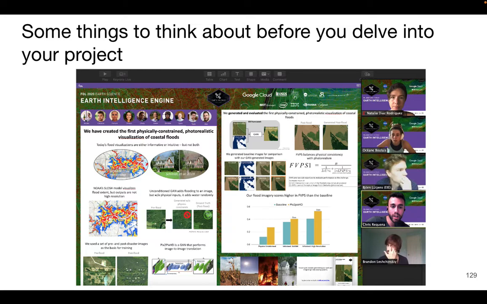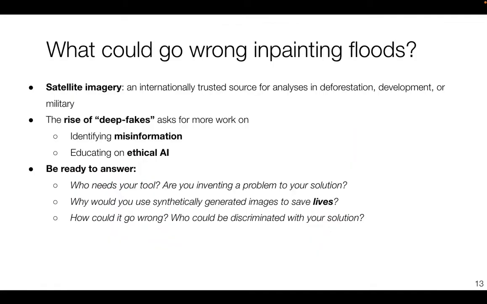We have a picture before flooding and after flooding from satellite images, because we know from many catastrophes that have happened how the satellite looks before and after. We can train a GAN, CycleGAN style, where given these two domains, it learns to generate how the area will look when flooded, right? So this seems to me very good to create awareness for, we said, how climate change can affect our actual house or actual backyard, city planners, right? And you can see that it is a very internationally trusted source, satellite image, to analyze deforestation, development, or military,